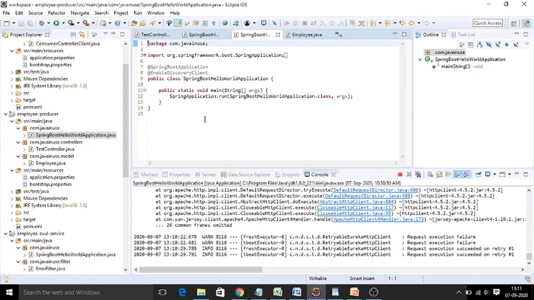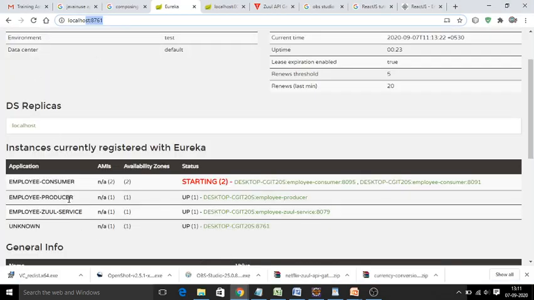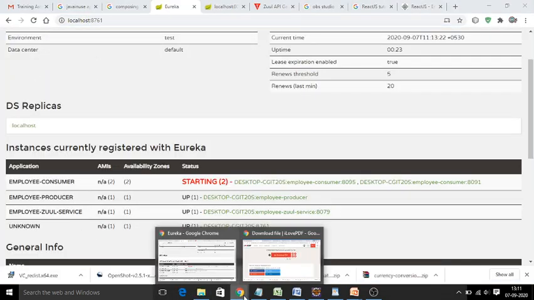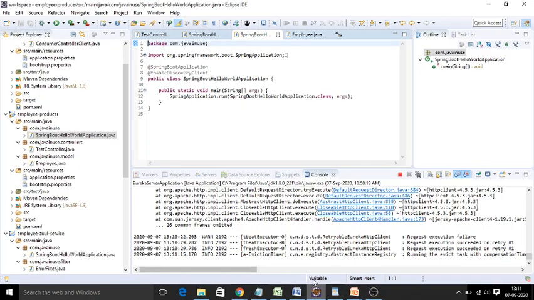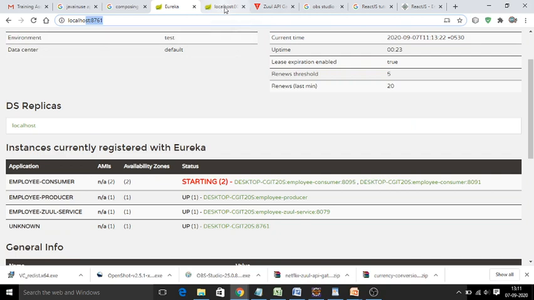We can run this application and register it with the Discovery Server. When we start this, the producer is registered already. You can observe that this particular service is running on a port, registered with Eureka. If you wanted to run it individually, the default port number is already there. You can check with 8080/employee, and it is already showing you the details.